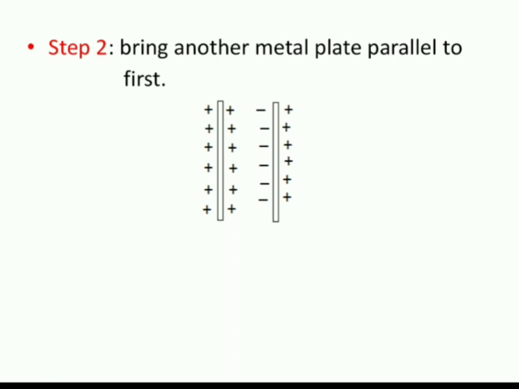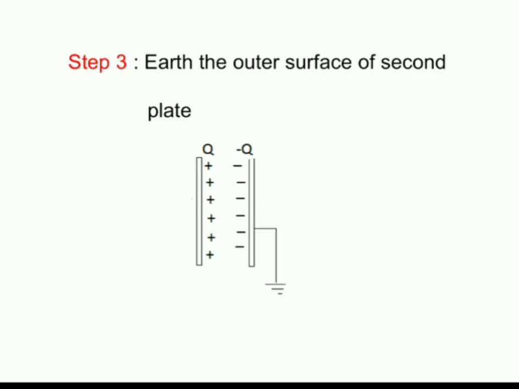Now look at the third step. Now earth the last surface, the second surface. The moment you earth the second surface, the whole charge on the first plate will come to the inner side and an equal amount of negative charge is deposited. And now you can see between the plates we have a uniform electric field directed from positive to negative. So this diagram represents a parallel plate capacitor. Once you understand how the capacitance of this parallel plate capacitor is calculated, you will see the advantage of a parallel plate capacitor when compared with a spherical conductor.